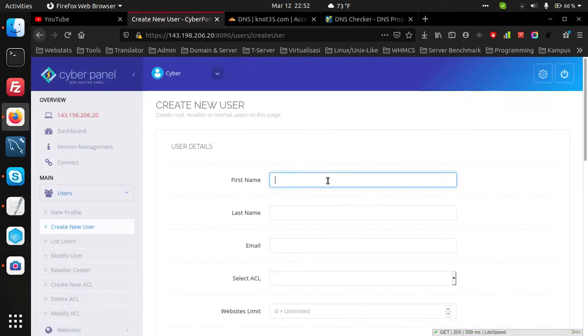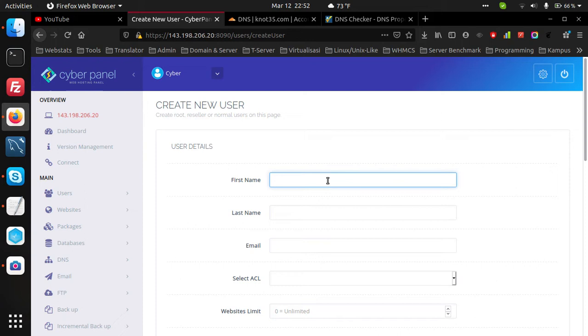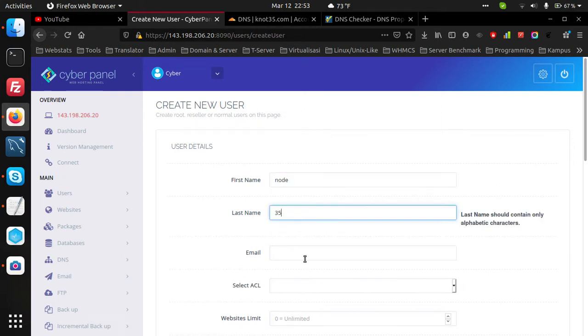For the name, you can use your nickname and not your actual name to keep your identification secret.